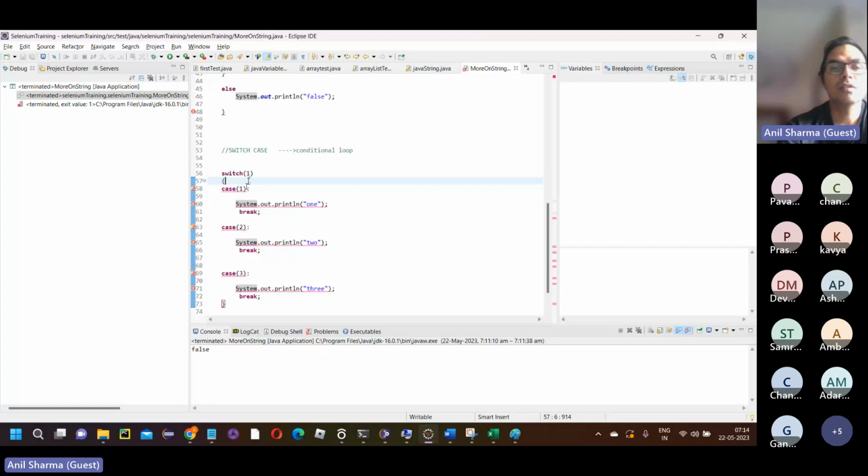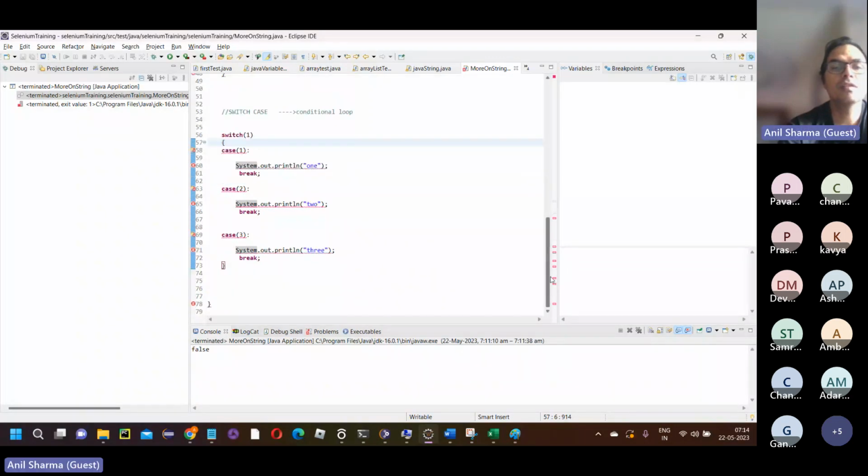What assert is it expecting? This is the basic thing: switch one, case one. Okay, anyways,